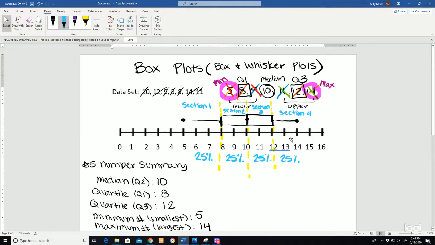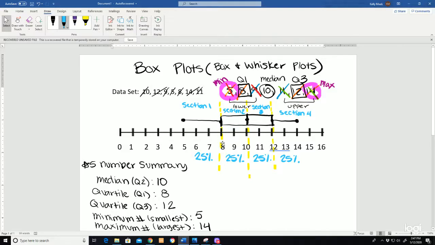The range is actually another number you could pull from this data. I know my biggest number is 14, my lowest number is 5. I could subtract those and find out that the range is 9. So the whole box plot takes up 9 spaces. I can also tell what the IQR is because I know Q1 and I know Q3. Well,